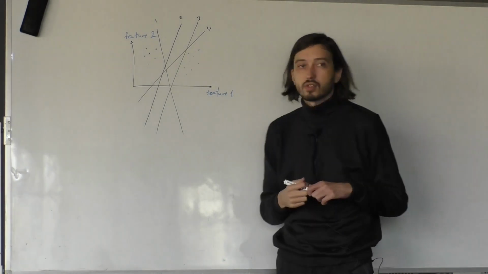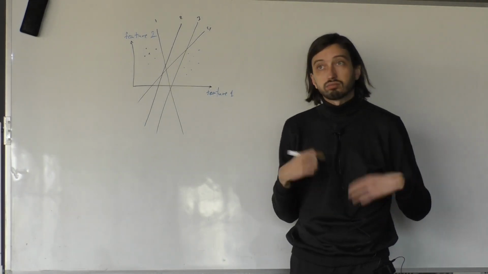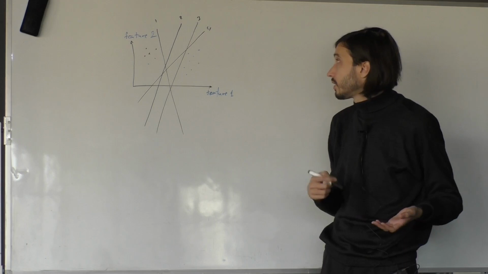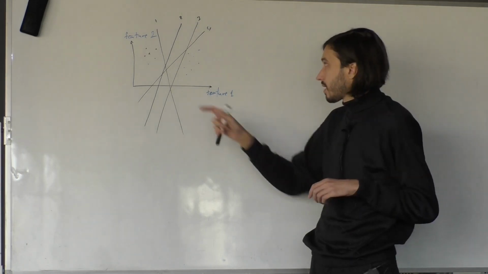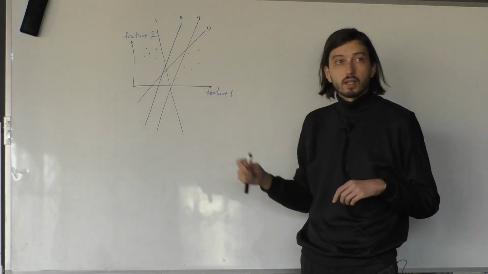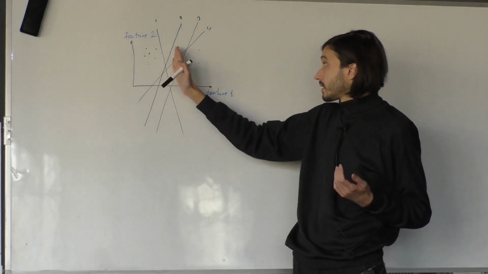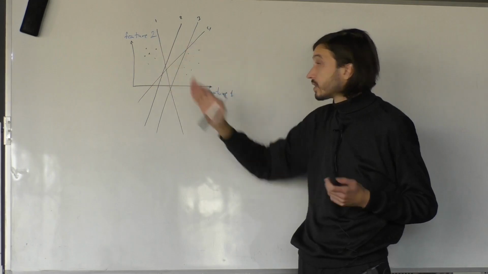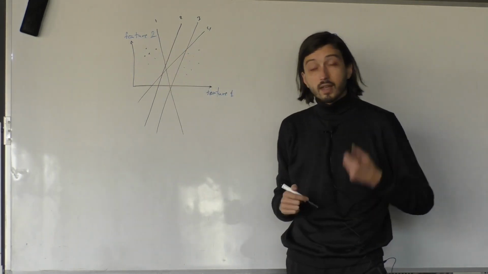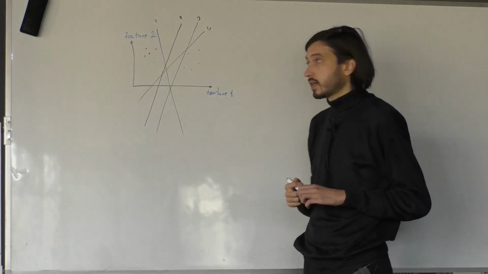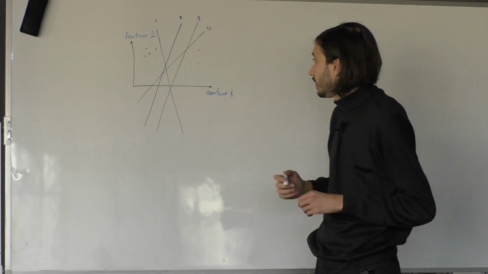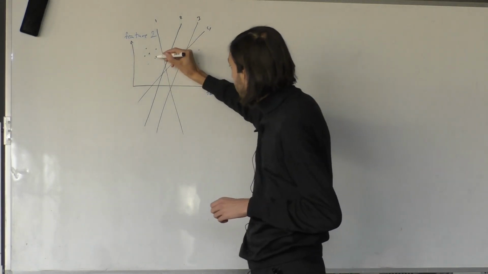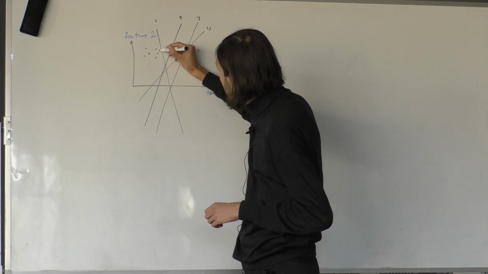Well, maybe the most natural way to express that is the fact that this line number 2 is in some sense the farthest line from our points, from our data set, and still separating this data set into two parts. So if I'm trying to get to points from the data set from the line number 2,